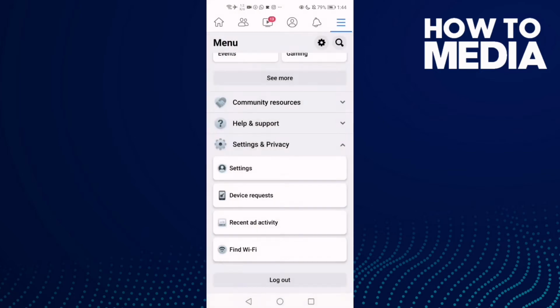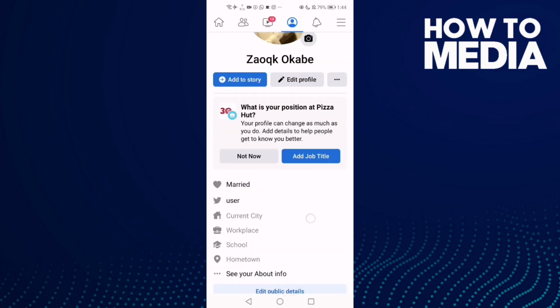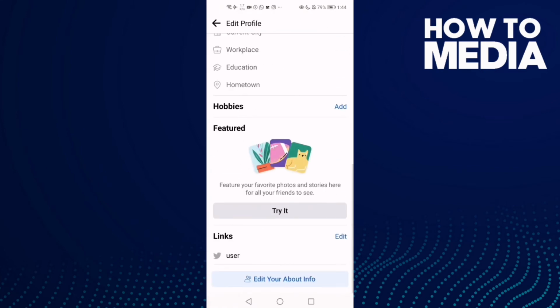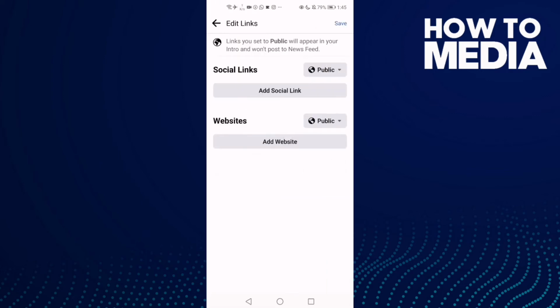Sorry, not settings. Click on your profile here and then click edit profile, and now just go down and click edit, and here you will find your Twitter. Just click remove and then save,